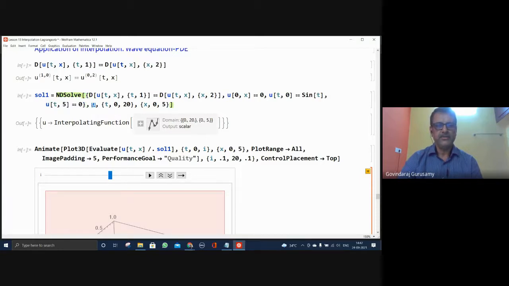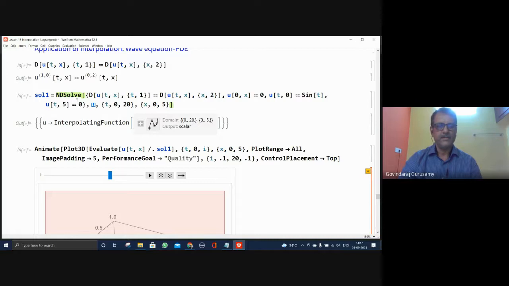And the variable is u, and t is ranging from, please note that here you don't write it as u of t. You write it as only u. When you have a DSolve, you just give it as u of t. But here you have fixed your variable ranges. Therefore, you simply give the variable u itself. u and t is varying from 0 to 20. The x is varying 0 to 5. That range can be seen after the interpolation. What is the range of interpolation that is available for you to vary and make a plot?